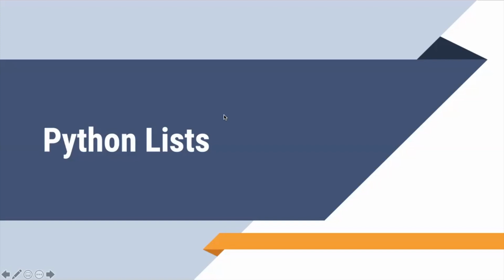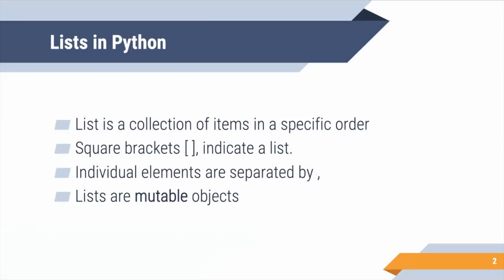In today's session, we will extend the discussion of Python lists from where we left off in the previous session. Just to recap, a list is a collection of items in a specific order. So a list is an ordered collection of items. Items can be any Python object. It may be a Boolean, integer, float, or a string. Individual items are separated by commas inside the list, and lists are denoted by square brackets. So these items are enclosed inside the square brackets, and empty square brackets mean an empty list. No items are present. An important thing to note here is that lists are mutable objects. So we can change or modify the items of a list.